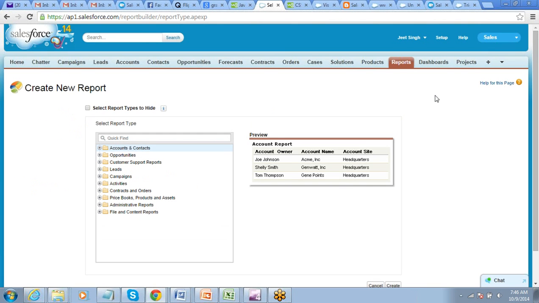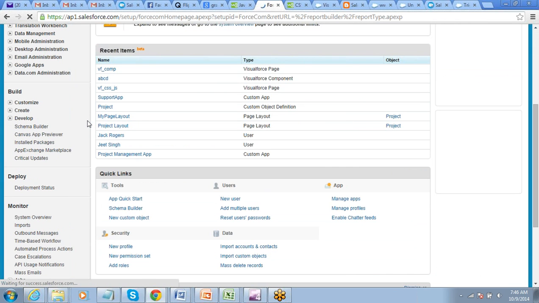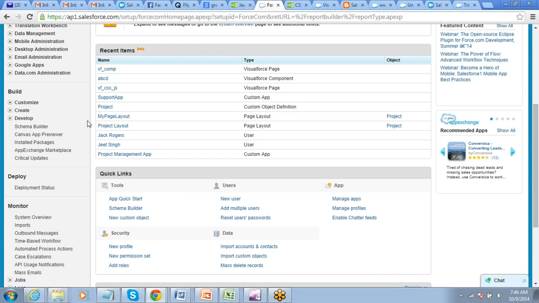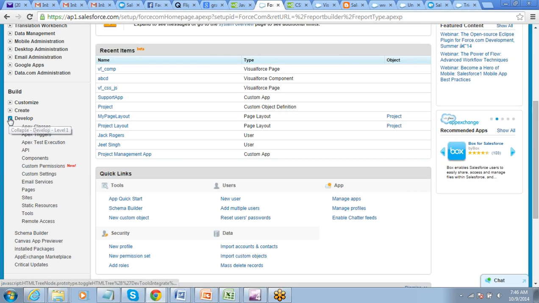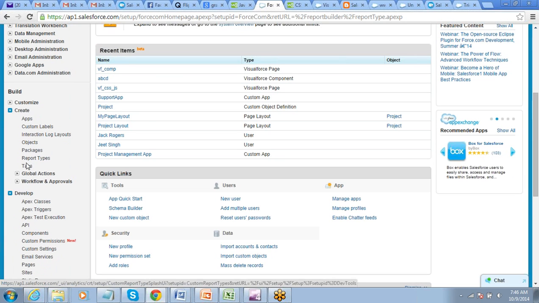How do we create a report type? Go to setup, create, report types. Alright, so using this option you can create your own report types. Let's say I want a report type of accounts and opportunities. So you go to create report types,